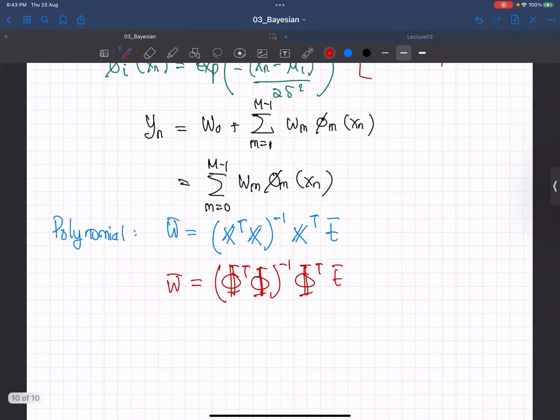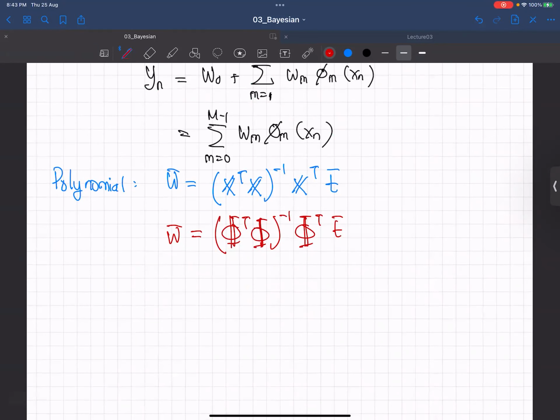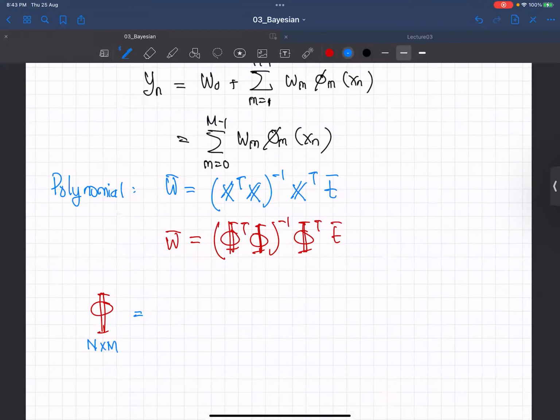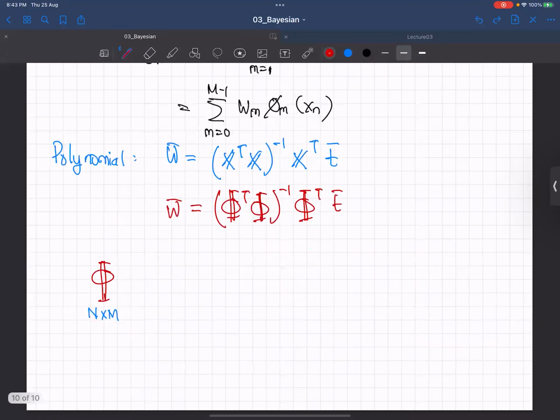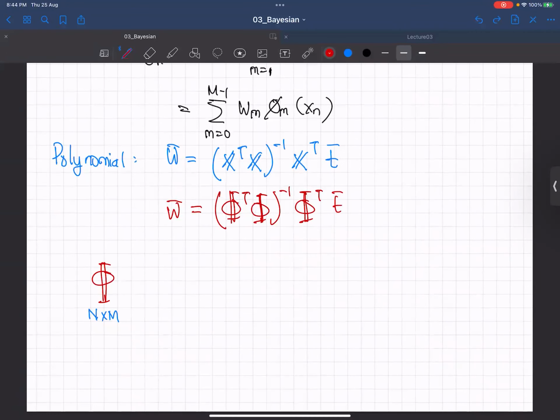So what is phi there? Phi is a matrix, of course. Anyone remember what is the dimension of phi? N by M, yes. Because it's N by M, the rows indicate your samples. So the row indicates your samples, which means that you have phi 0 of